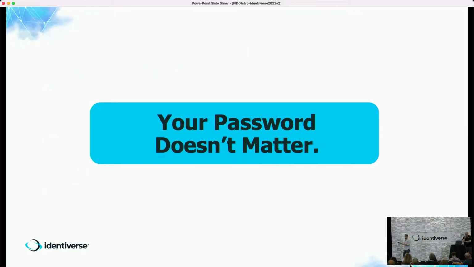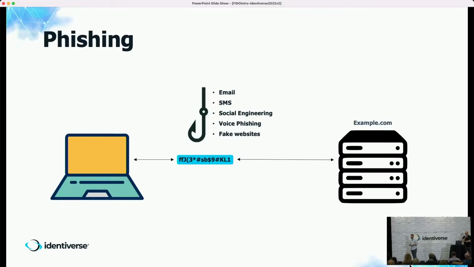But even if you do that, we came to the realization that your password does not matter. No matter what it is, it really doesn't matter. And we're going to walk through a couple scenarios to prove that point. The first, no matter how complicated, no matter how obscure your password is, and you put it into those password checkers, right? It's like, it'll take 34 billion years to crack your password. It doesn't really matter if your password is phished.